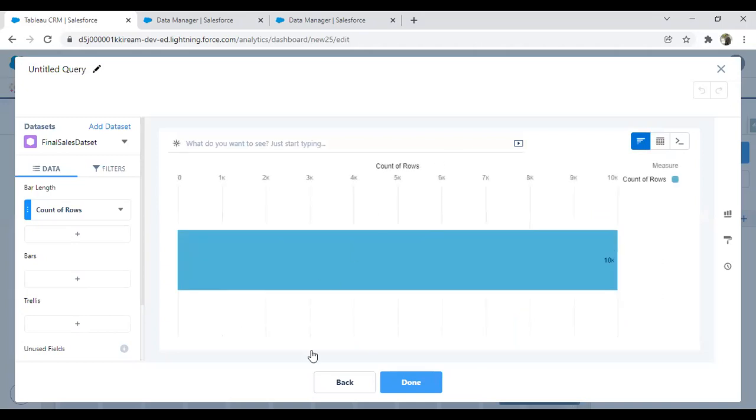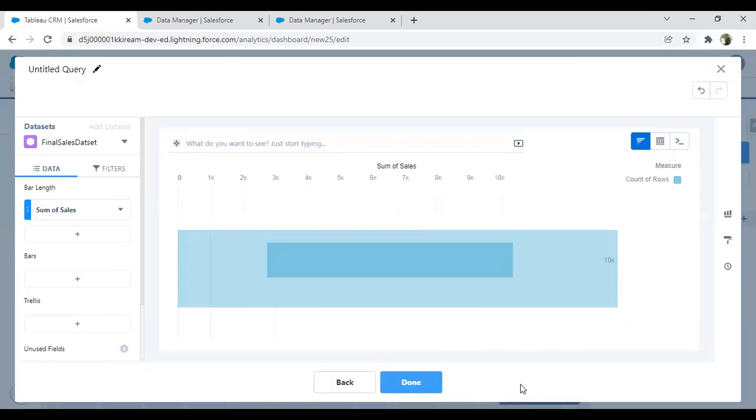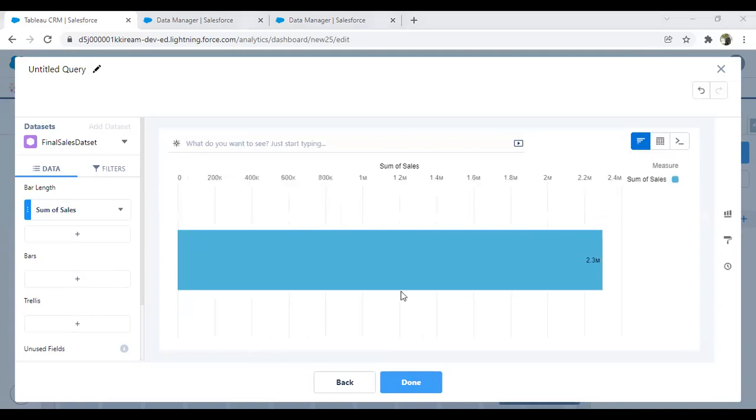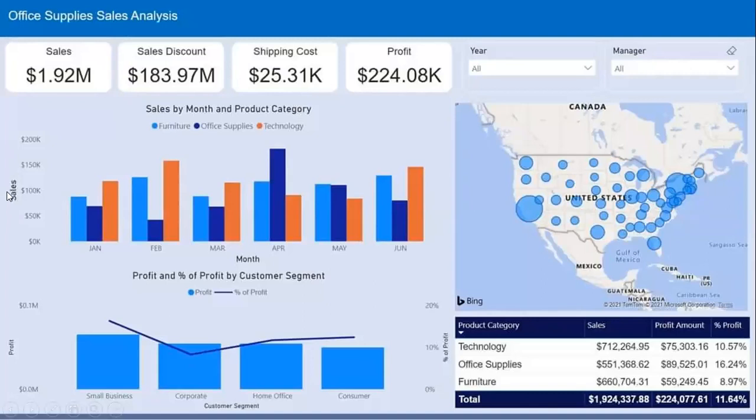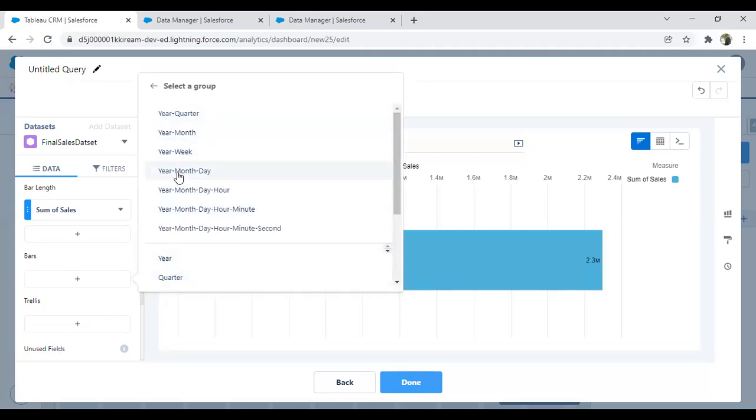So the first thing is we require total sales. That's our requirement. We want a profit or sales. Let's have a look. That's sales. So as you can see, sales with respect to sales by month and product category. So this is my sales grouped by month. So I say order date, month,